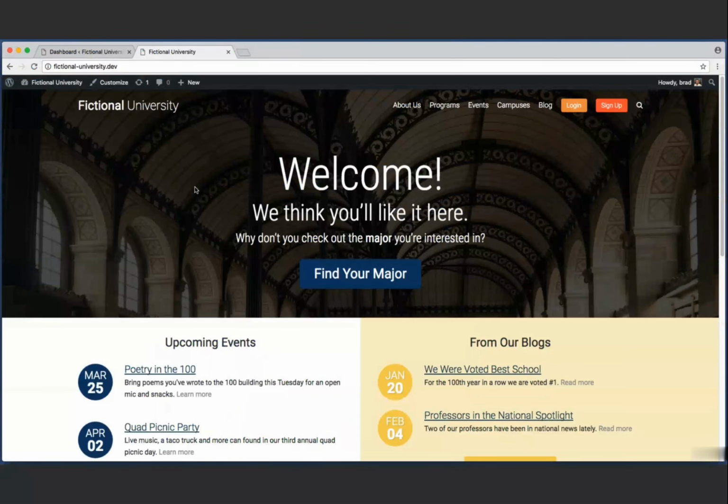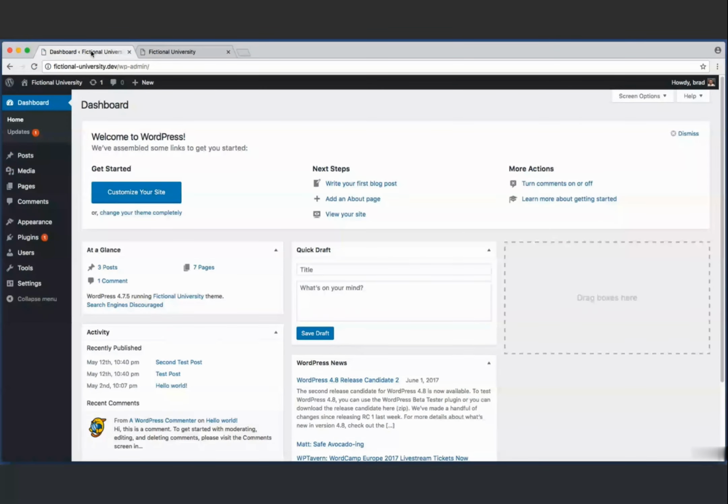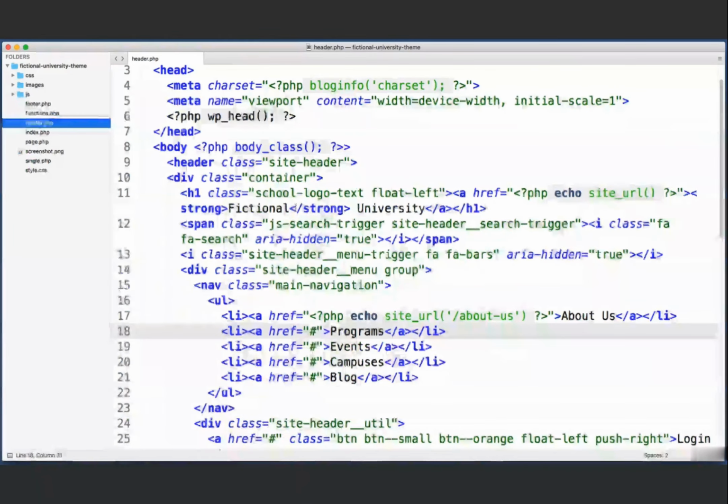Over in your web browser, if you jump into the WordPress admin screen, you know that with most themes, if you hover over this Appearance item in the menu, within this pop-out menu that appears, there's almost always an option named Menus. However, at this moment, we don't see one, and that's because in our current theme that we're building, we haven't registered any menu locations. So in order to add a menu location to our theme, let's jump into our text editor, and in our theme folder, open up the